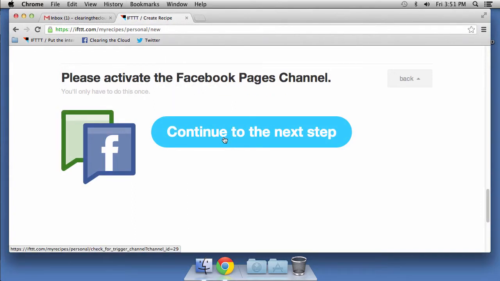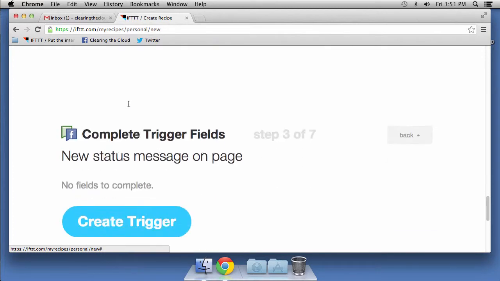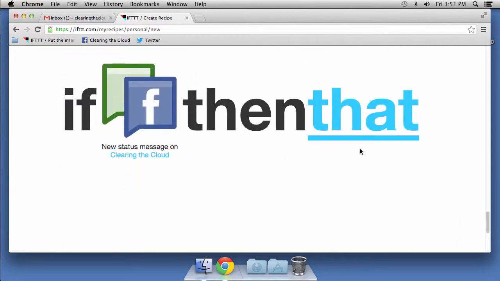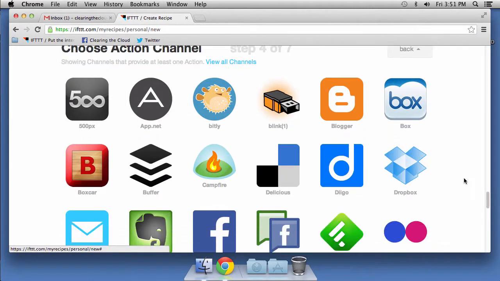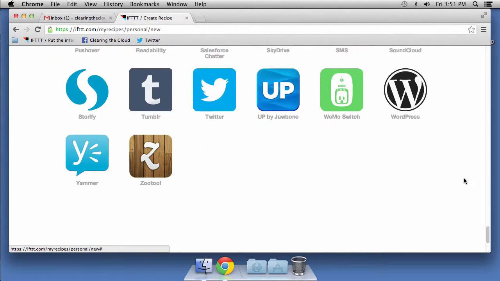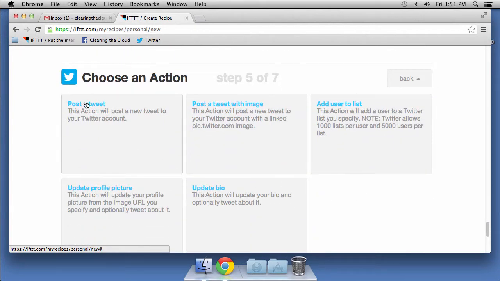That's a separate channel. Okay, new status message on a page. Then that, and we'll have to choose a channel for the action. And the action in this case will be posting to Twitter. So we'll choose Twitter, post a tweet,